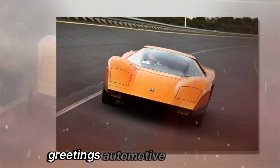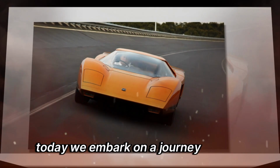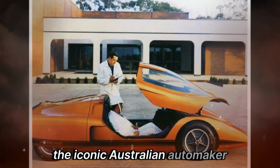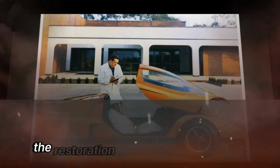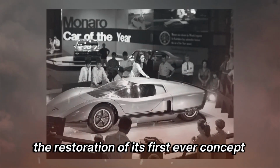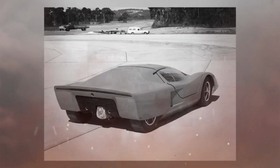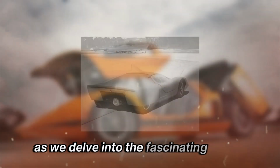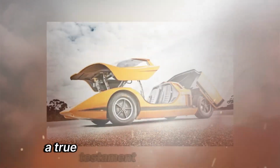Greetings, automotive enthusiasts. Today we embark on a journey back in time as Holden, the iconic Australian automaker, unveils a remarkable piece of automotive history, the restoration of its first ever concept car, the 1969 Holden Hurricane. Prepare to be mesmerized as we delve into the fascinating tale of this groundbreaking mid-engine coupe, a true testament to